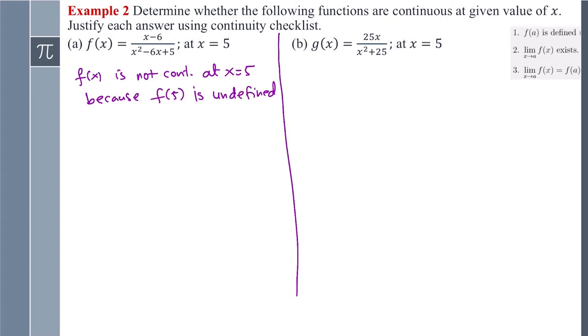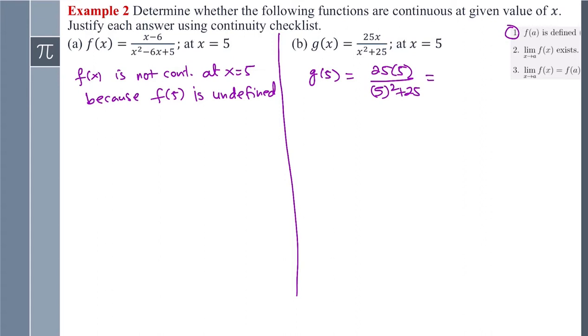So that's it. If it does not satisfy one of the conditions, then we don't have to check the rest. It's not continuous. Now let's look at the second example. For this one, if I plug in 5, I get 25 times 5, which is 125 divided by 5 squared plus 25. So g of 5 equals 25 times 5 divided by 5 squared plus 25, which gives us